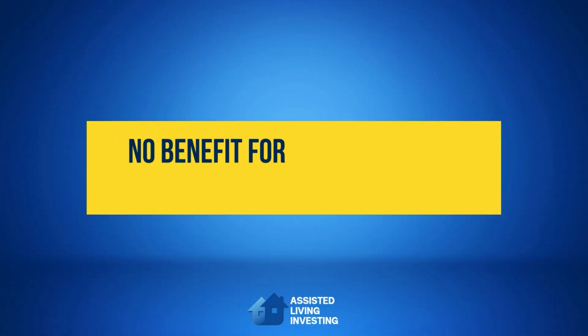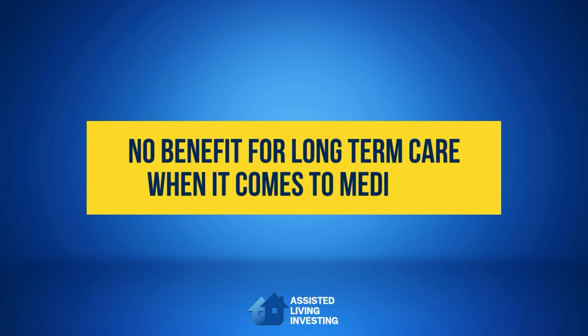But Medicare is going to be that federally funded program. It is Part A, which is inpatient care, Part B, which is outpatient care, and Part D, which is prescription. But there is no benefit for long-term care when it comes to Medicare. They don't offer that. They will offer a hospice benefit, specifically on Medicare Advantage plans, but they don't offer anything that is specific to assisted living. Once you get to nursing home, yes, but assisted living, no. But that is covered by Medicaid. So that's what you want to be looking for.